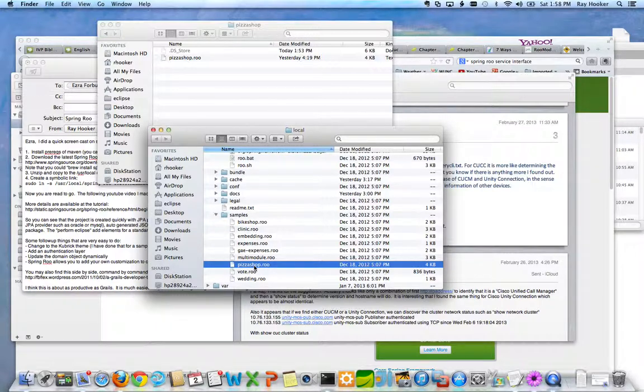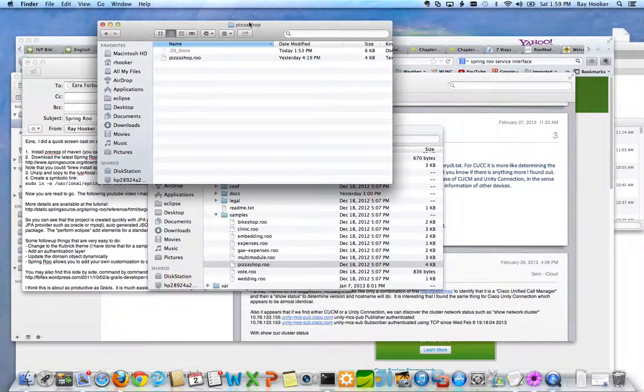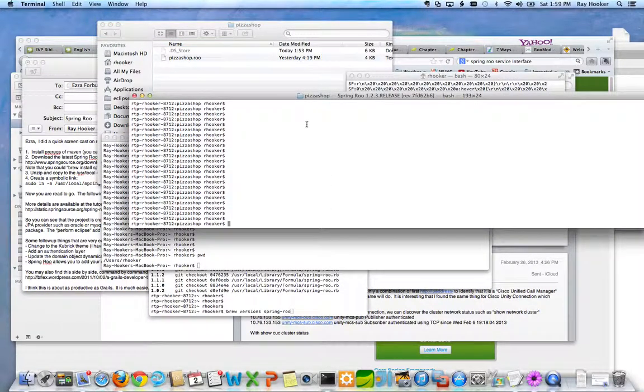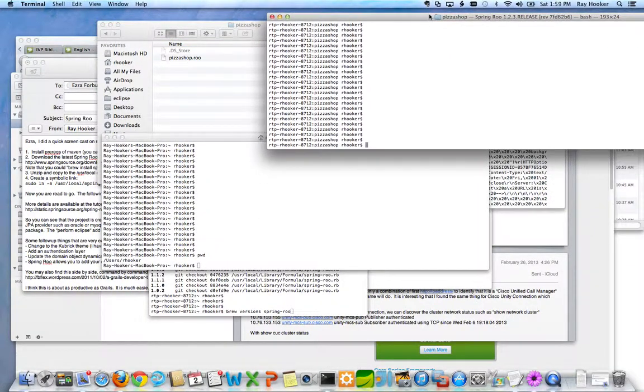Roo is a shell. And so let's take a look at how we would use that. So what I did is I created the directory. You can see here there's a Pizza Shop directory under downloads, and I put the pizzashop.roo in there. If we want to get started, let's bring up a command line here, and we'll type in Roo. We'll pipe in